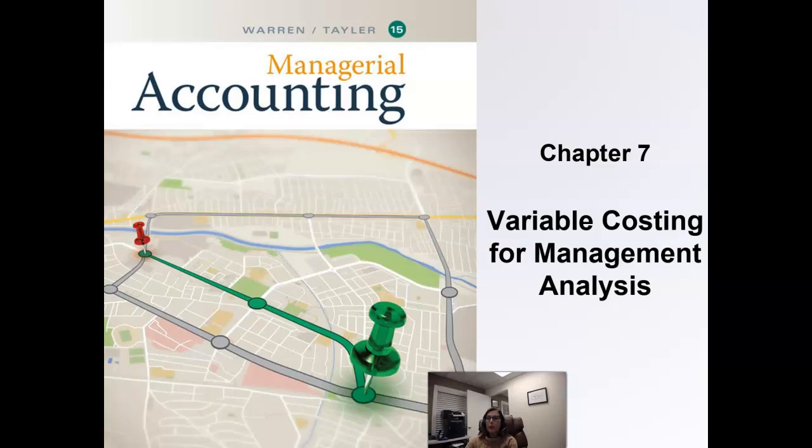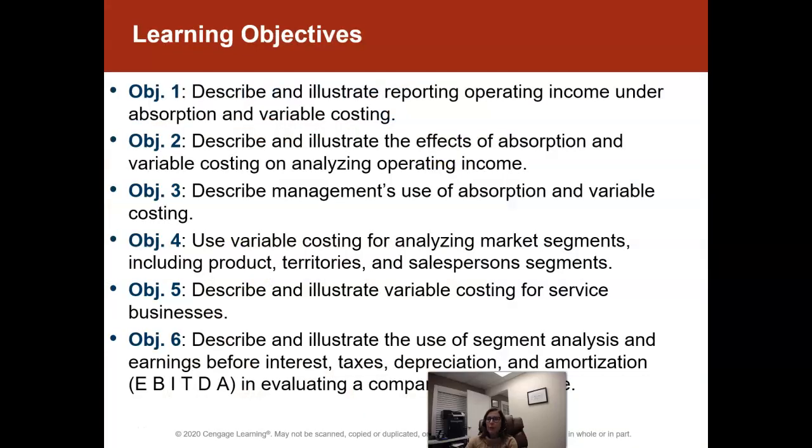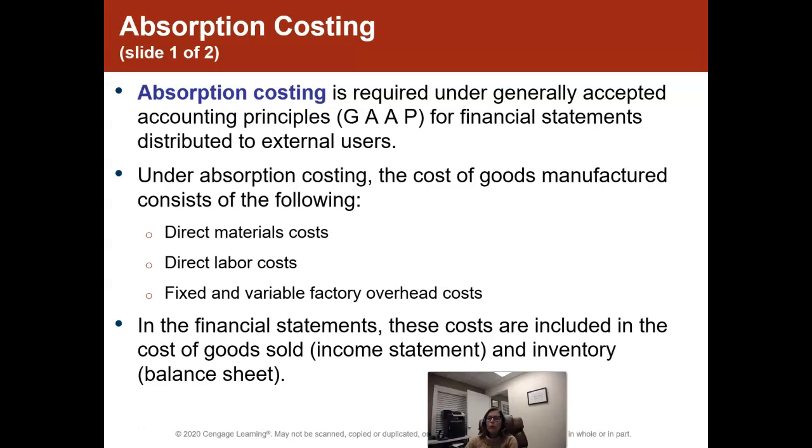Welcome to Chapter 7. In this chapter, we're going to talk about variable costing as well as absorption costing. So what is absorption costing? We'll talk about that first. That is the method where we are assigning product costs in a way that is compliant with generally accepted accounting